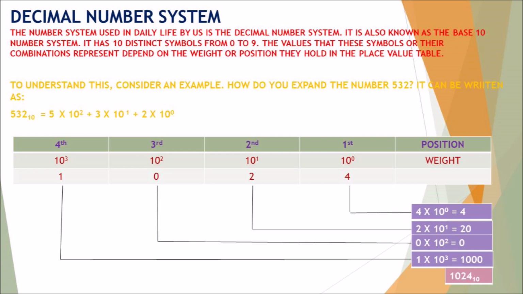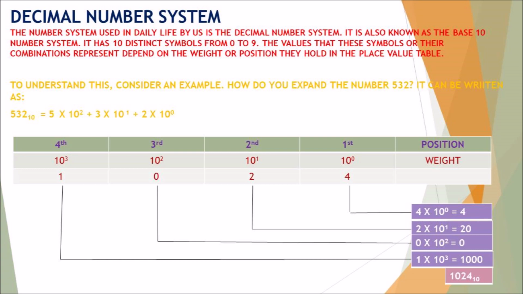So here you see the position. The first position starts at the rightmost digit, the unit place. It starts from the unit place and moves on to the tens place, hundreds, and so on, based on the place value. The weightage is mentioned as 10 power 0, where 10 is the base value. And last, we have mentioned the given digits.